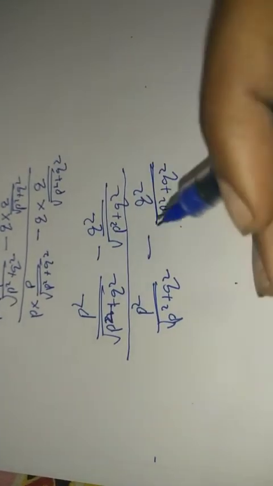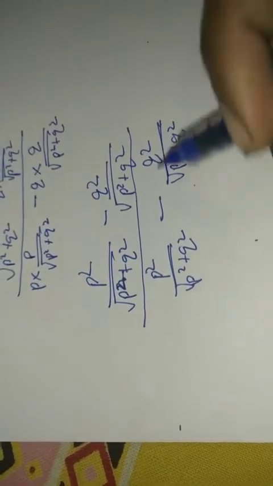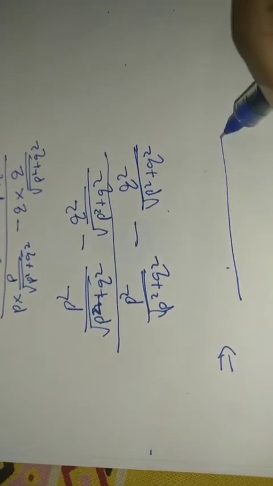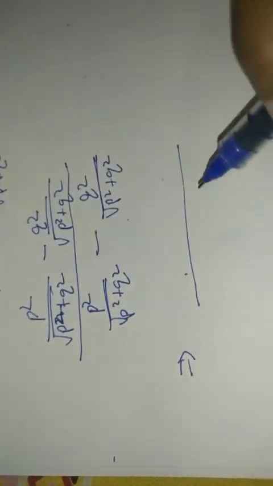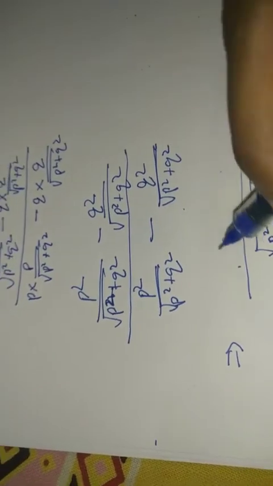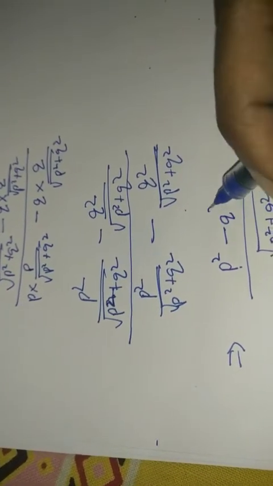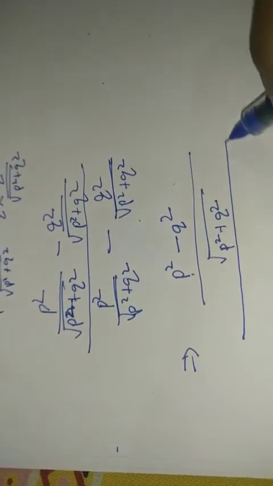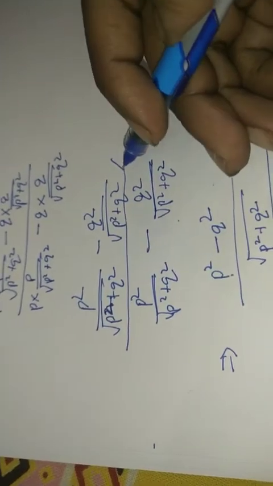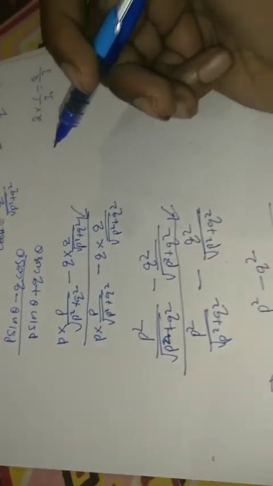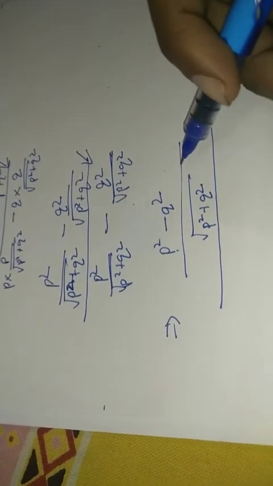So now the next step will be to take the LCM in the numerator part and the LCM in the fraction part of the denominator. In the numerator, what will be the LCM? Both are having the same denominator, so the same will be the LCM. So it will be under root of P square plus Q square, and the numerator part will be copied since we are having like fractions with the same denominators. Now this is the main division line. Whenever we are using the main division line, always draw it a bit longer so that you are able to differentiate between the one above it and the one below it.